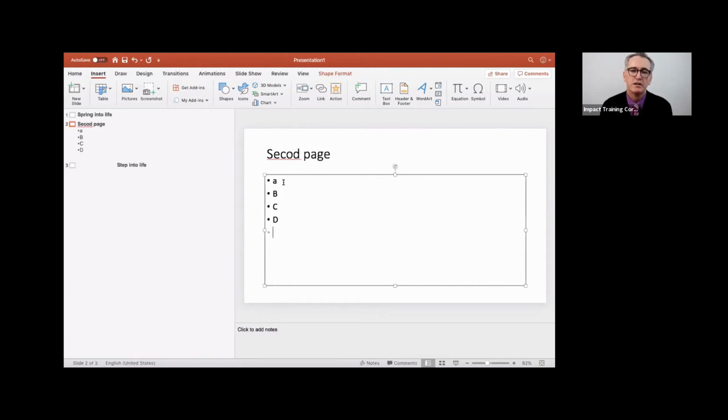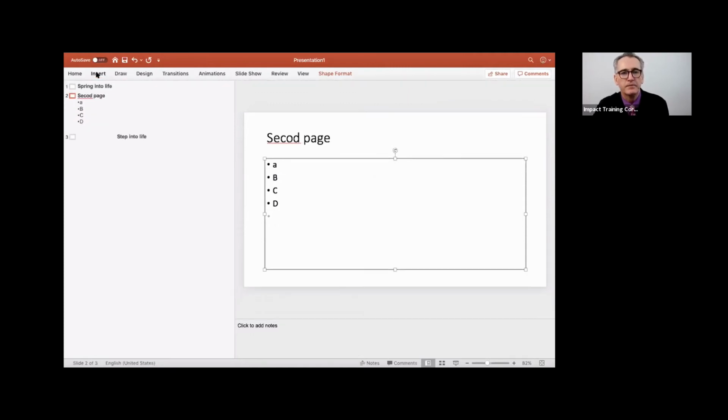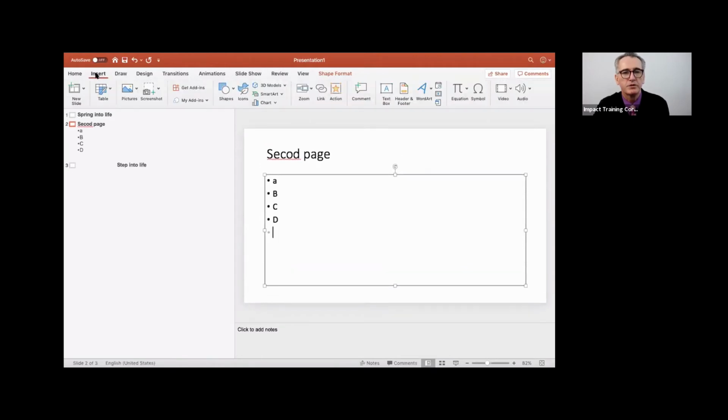Okay, yep, great. All right, now what I'll get you to do is go up to insert, just next to home. Click it again. Terrific. Now see where it says picture, little mountain ranges? Just click the little arrow down. So what will happen is it will say pick from files. And what it'll do is find a picture there, and all you do is click it and it'll actually arrive in your PowerPoint.